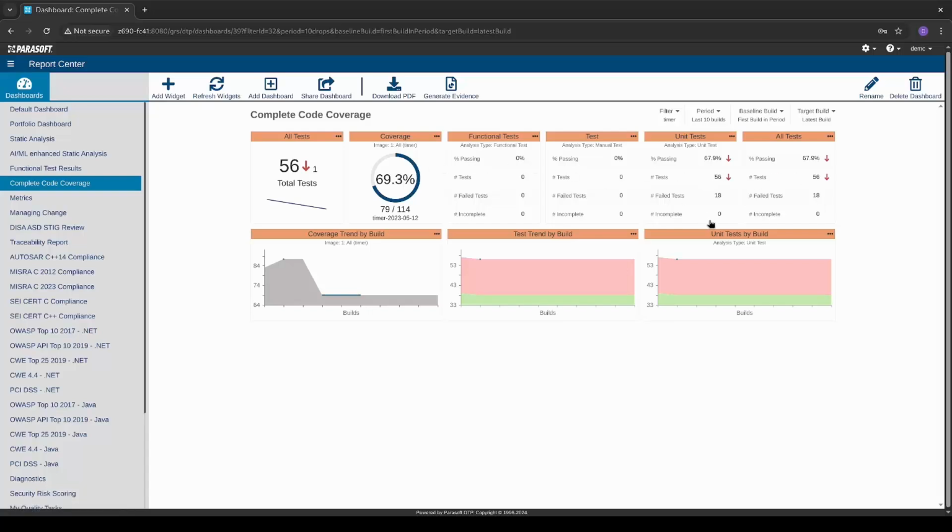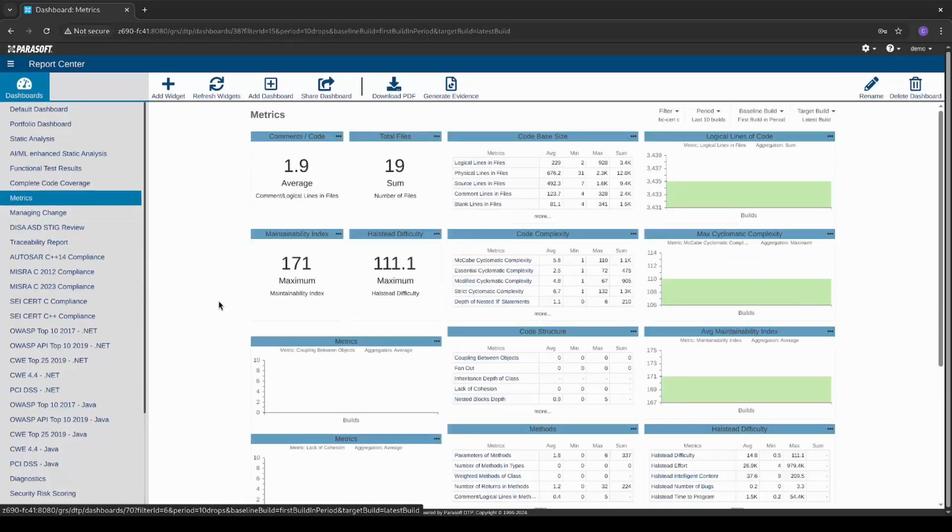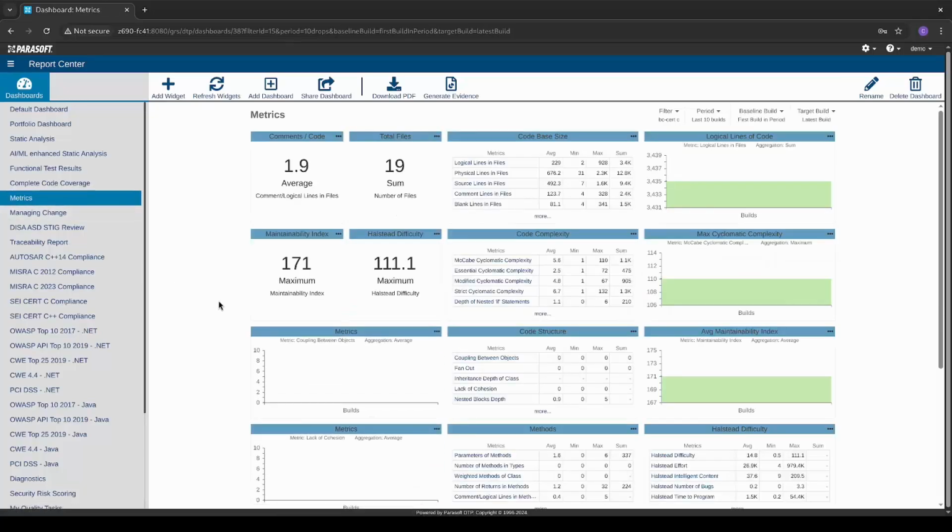And you can see how that is progressing over time. We have a metrics dashboard that provides all kinds of data about the overall quality of your code. This can be in the context of C or C++ code. It can give you things like cyclomatic complexity, basic measurements about number of lines of code in a function or in a source file, or even C++ object-oriented metrics like coupling or cohesion. This is a great dashboard to identify areas that need to be refactored or that need your attention because they